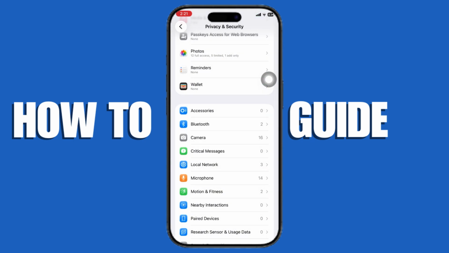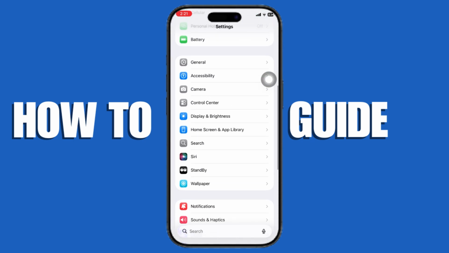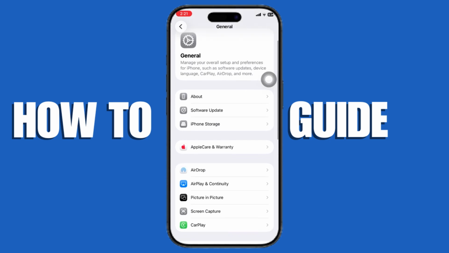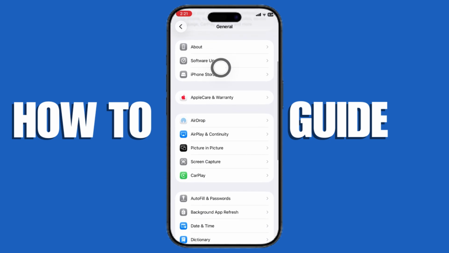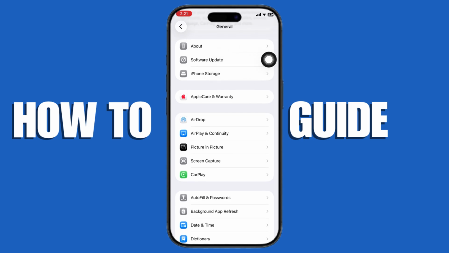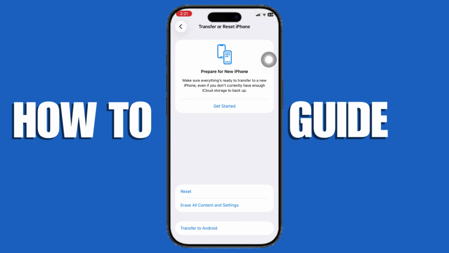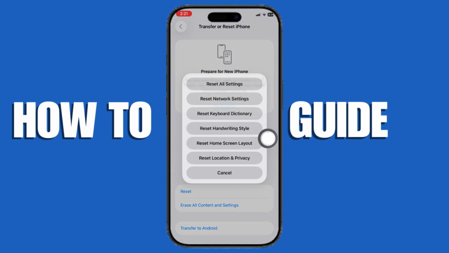If the problem only happens in one app, update the app or reinstall it. You should also update your iPhone by going to Settings, General, Software Update, since Apple frequently releases fixes for camera related bugs. If the issue started after changing settings, go to Settings, General, Transfer or Reset iPhone and choose Reset, then